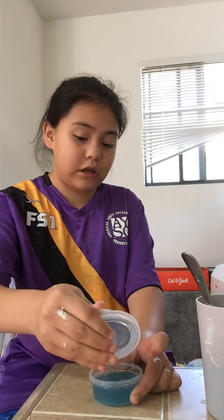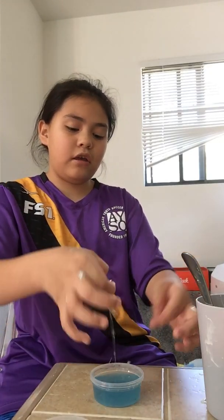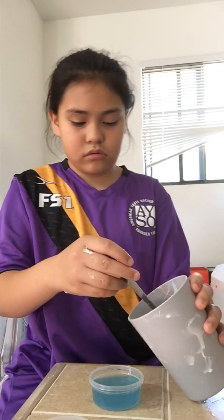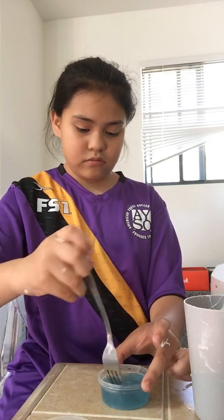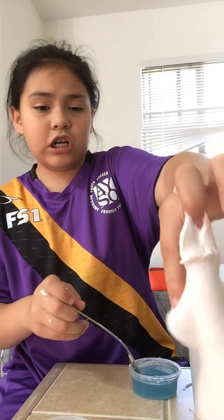This is going to be a super clear slime. Look at all this dry slime. Look. Yep. I'm gonna activate it right now. I don't want to use my hands right now, because like the other one did, the birthday cake, this one, when you're trying to...